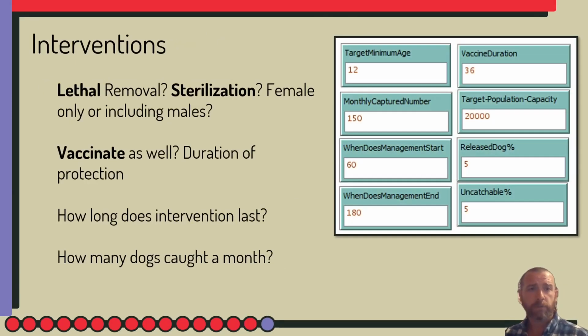So the interventions that we would be applying to this in the system that is already built in NetLogo right now, we already have things like lethal control and sterilization and vaccination schemes. We allow you to change how long your intervention is lasting, right? If you're only expecting a very short amount of funding, how is that going to make the population look? How is it going to change once that intervention stops, right? How many dogs are you catching? What is the size of the dog population in your city, right? All of this is tailored and completely customizable in just these little drag and drop little teal boxes, right? You literally just click on them and then change the numbers, and then it's going to produce a different model